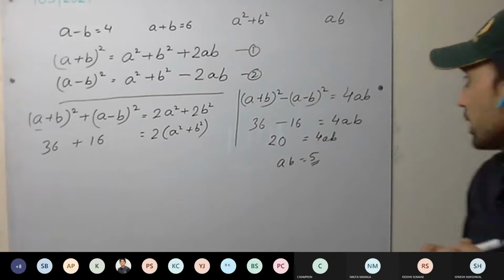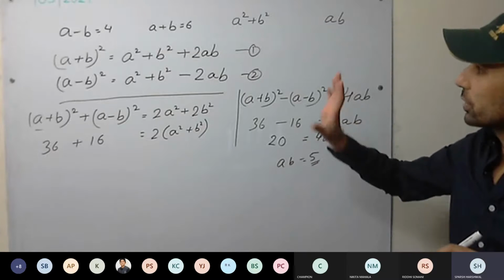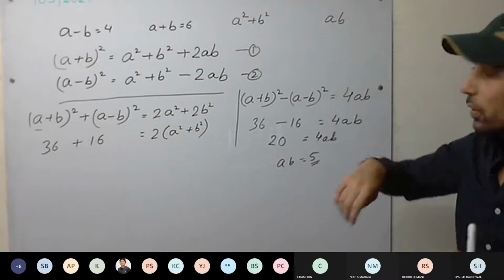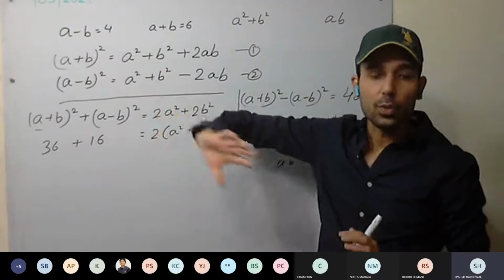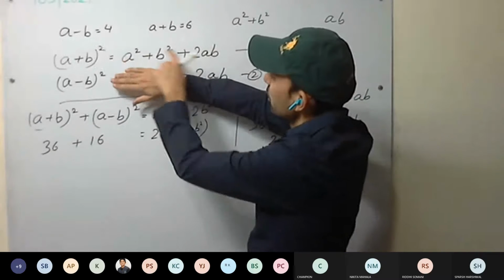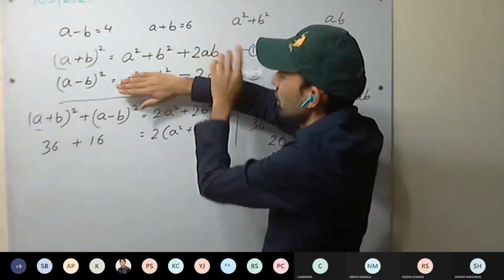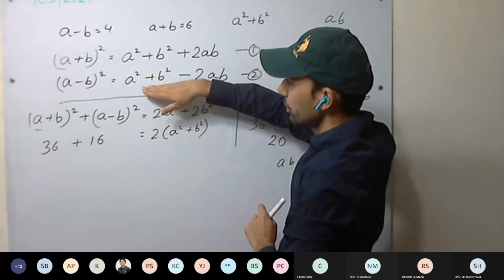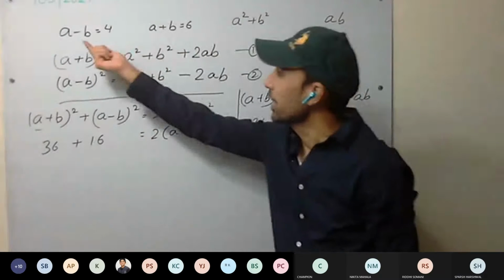Yes, sir. Have you understood? Understood now? Sir, but why do we use this? Okay, can you solve using the first identity? Yes, sir. So always start from the initial, from the basic. Can we use this identity? Yes. But here only a plus b is given. This is not given, this is not given as well. Now can we go with the second identity? Moreover, in the question you can see a plus b equal to 6, a minus b equal to 4 is given.